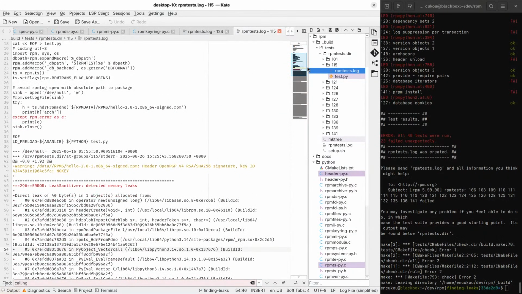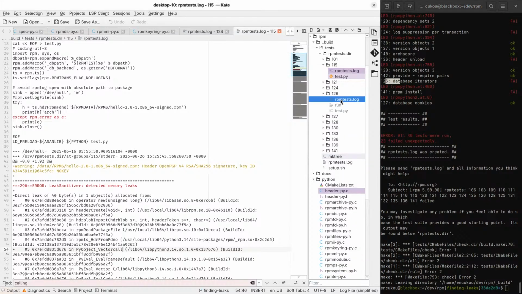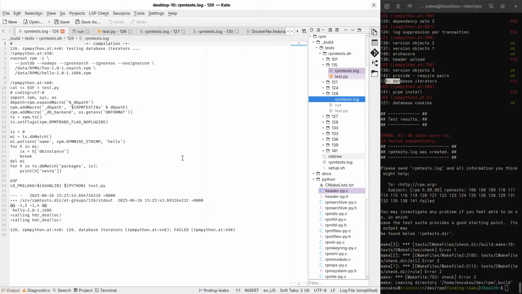Okay. Apparently a bunch of other tests failed here with calling header dialog. So in some cases the header is deallocated.